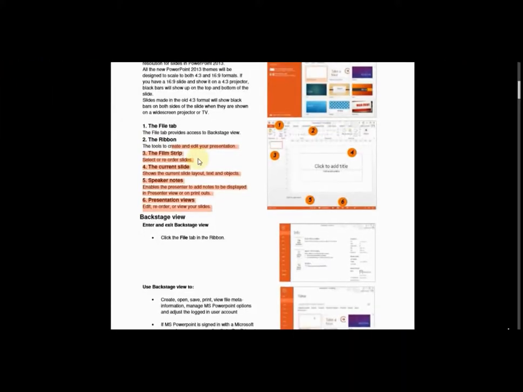As you can see, this is a Microsoft PowerPoint instructional material I'm going to use for today's tutorial. On this instructional material, you see number 1 to 6. The first one is the File tab, and this is the diagram of the Microsoft PowerPoint slide, numbered from 1 to 6, the key components which I want to explain to you